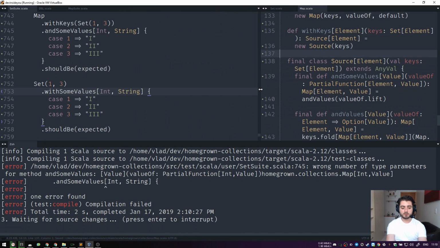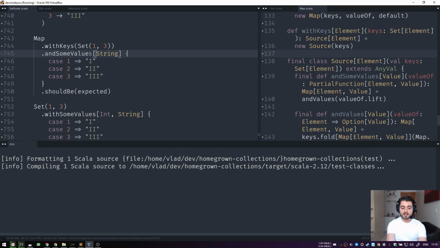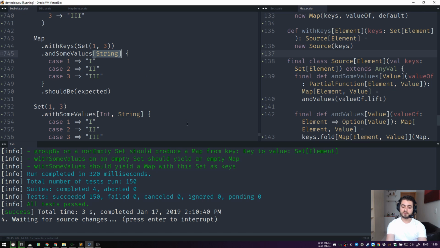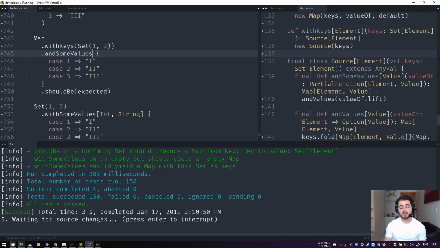But now what we can do is we can go into and some values. It doesn't compile now because and some values wants only one parameter, the string, this one, right? So now it's going to compile, but in fact now because covariance is not there anymore, it's much easier for the type inference to infer the type, to reconstruct the type. So now we can remove it, and now our DSL is actually even more powerful than the methods on the set. Now, by the end of the video, this is going to be the solution that we will stick with,